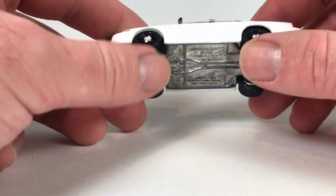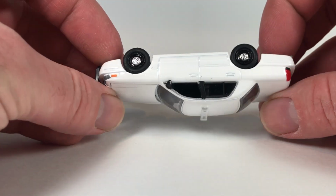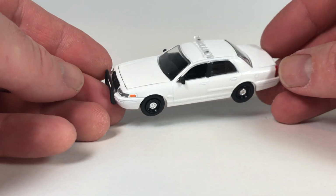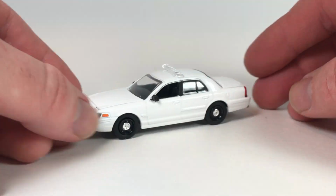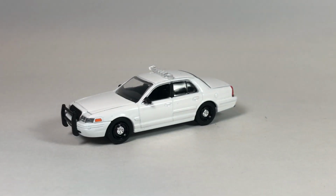Some of these Crown Vics, the older Hot Pursuit series, can get very, very expensive if you're trying to hunt for them on eBay. It's just crazy how much some of these things can go for. Well, that just attests to the popularity of this series within Greenlight. All right, let's see here. What should we look at next? I got a couple of